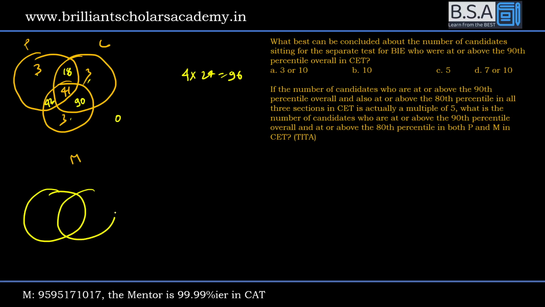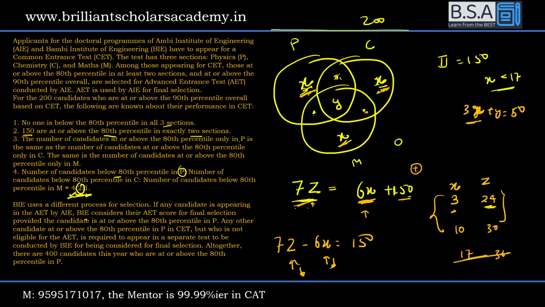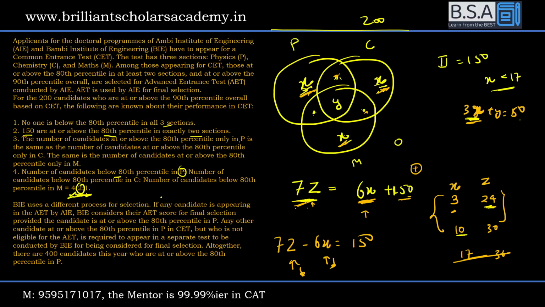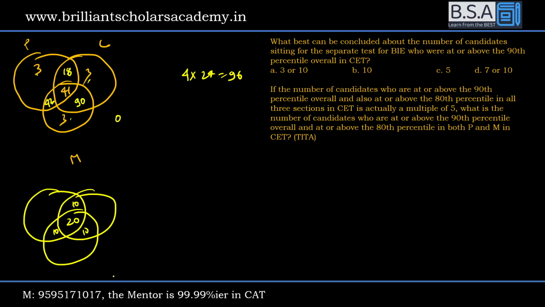क्योंकि दो वैल्यूज पॉसिबल हैं, तीसरा होता है, I will have to draw the third one as well. मेरे पास x का वैल्यू कितना है? x का वैल्यू 10 है। अगर मैं 10 यहाँ पुट करूँ तो ये कितना हो जाएगा? 30, 30 सब्ट्रैक्ट will become 20 in the middle, x का वैल्यू 10 है। अब फिजिक्स के बाहर कितने लोग हैं? देखो आपका z का वैल्यू कितना है? 30, z का वैल्यू 30 है, फिजिक्स के बाहर है 4 इंटू 30, फिजिक्स के बाहर 120 लोग हैं।